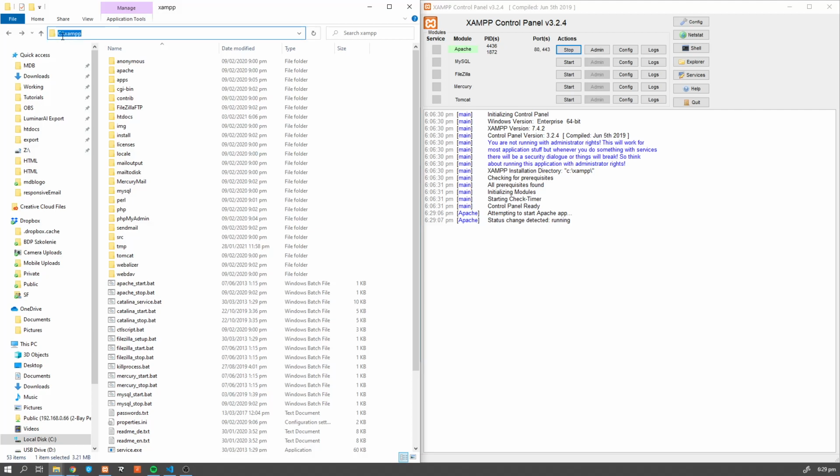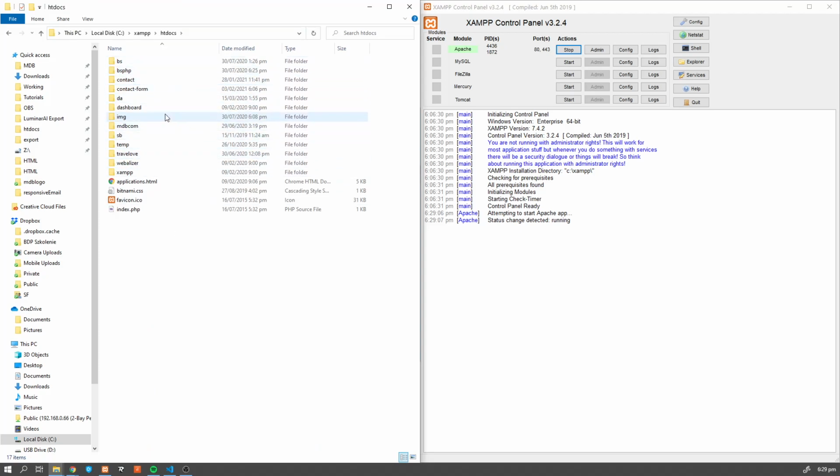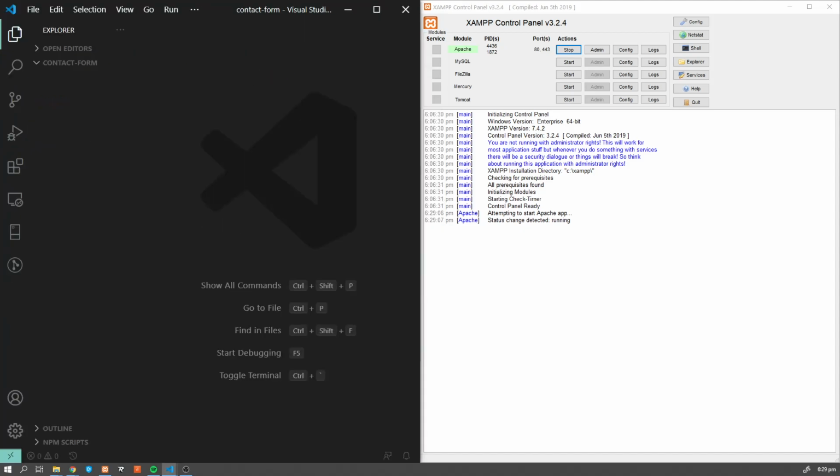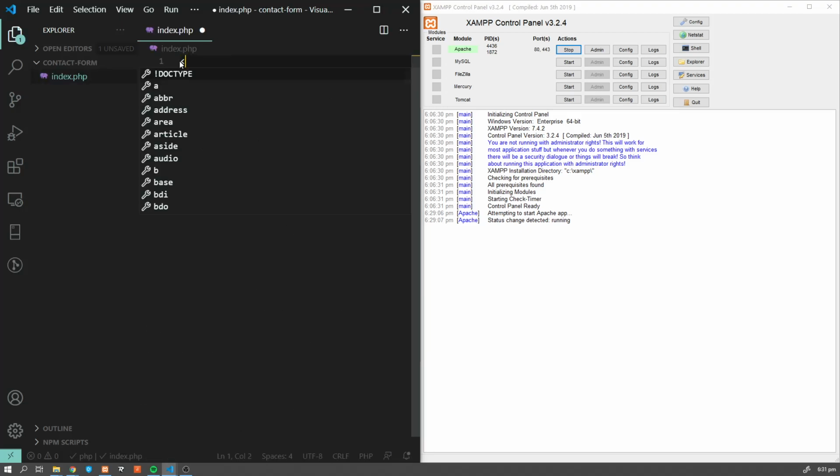Then navigate to the XAMPP location. In my case, it's C:/XAMPP, and then go to htdocs, which is our root folder where we're going to store our projects, and then create a new project. I called mine contact form, and this is where we're going to work. Now I'll open this in Visual Studio Code and create an index.php file, and I'm going to echo hello world and save it.